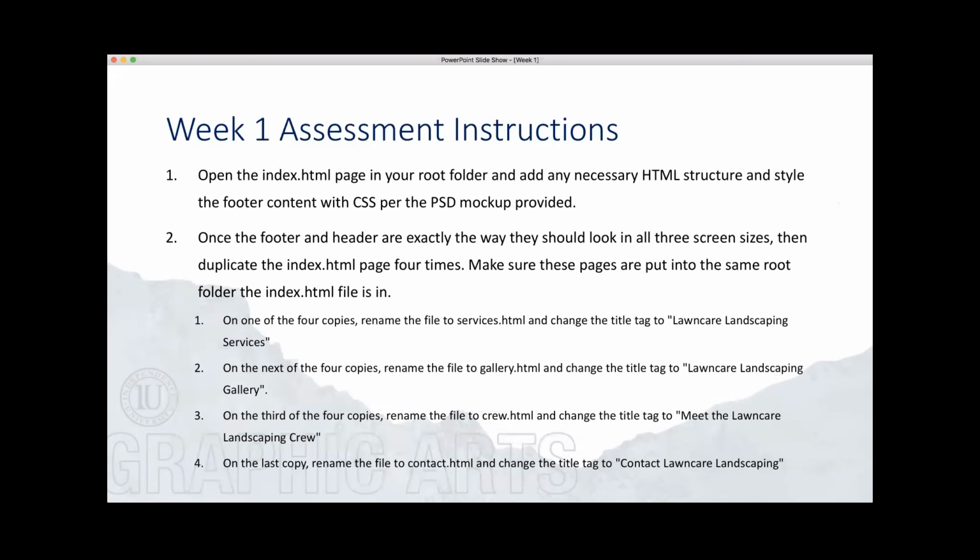Once the footer and header are exactly the way they should look in all 3 screen sizes, then you're going to duplicate the index HTML page 4 times. Make sure these pages are put into the same root folder the index HTML file is in. One of the 4 copies, you're going to rename the file to services.html. You're going to change the title tag to say Lawn Care Landscaping Services. On the next of the 4 copies, rename the file to Gallery, change the title to Lawn Care Landscaping Gallery,